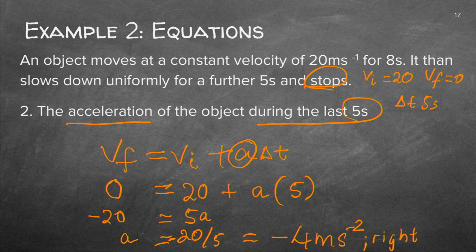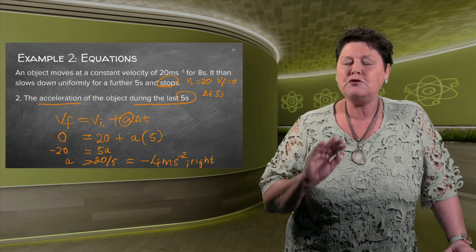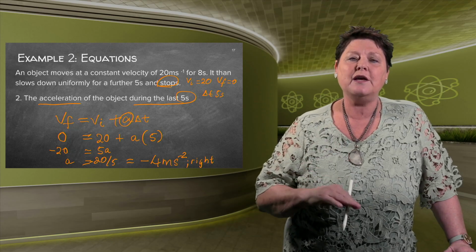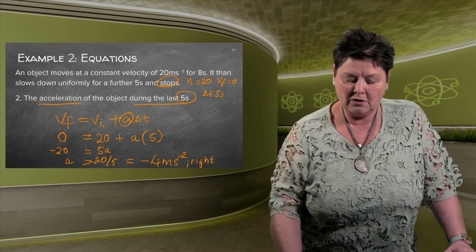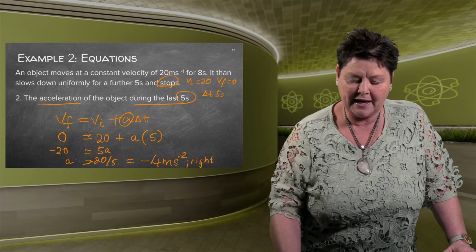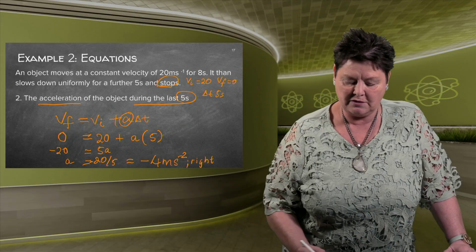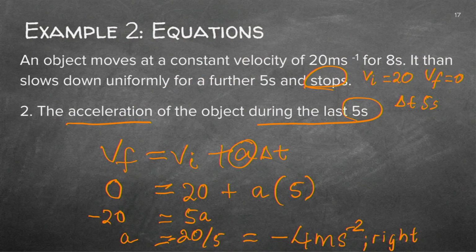And now a new concept. You have to present your answer in a positive way. Not just thinking positive, but actually presenting it as positive. So minus 4 to the right will actually be 4 meter per second square to the left. And this will earn you an additional mark in the exams.